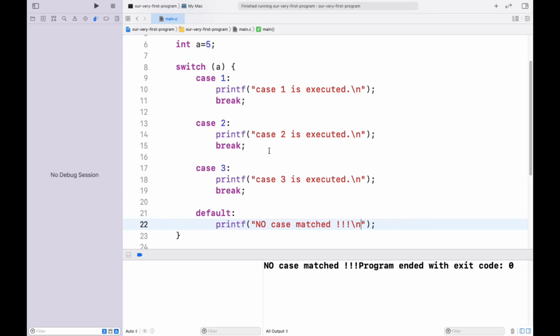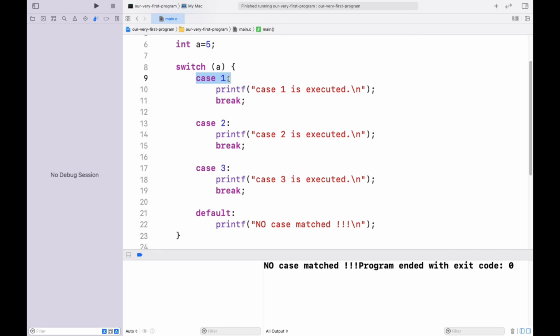And the reason why we use break is to avoid a condition known as fall through. There is a case ladder, case 1, case 2, case 3. It is a ladder that switch follows. It is going to check case 1 first, then case 2, then case 3.